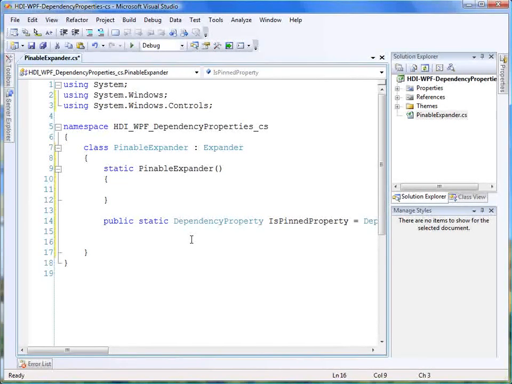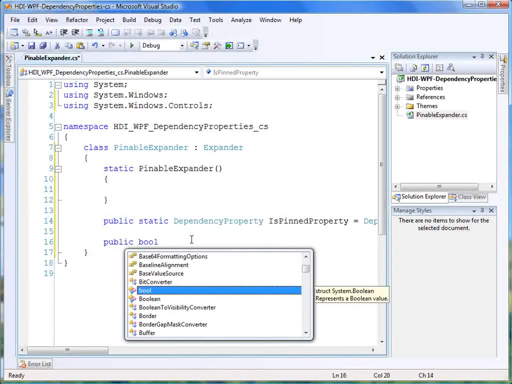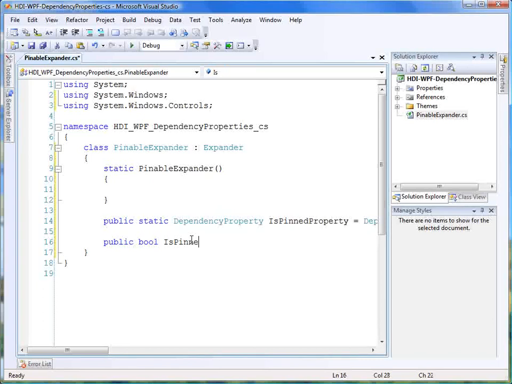We're more familiar with the layout and how to use that property, and we can set it in XAML. There's one caveat about using this accessor method wrapper, but we'll talk about that in just a moment. Alright, so let's create here a public bool, and this should look very familiar. It is pinned. We'll create a get, and we'll create a set,